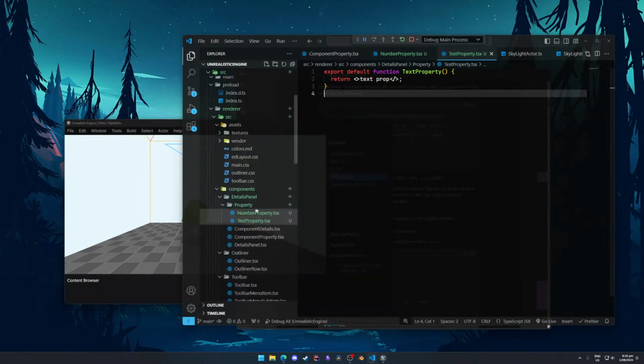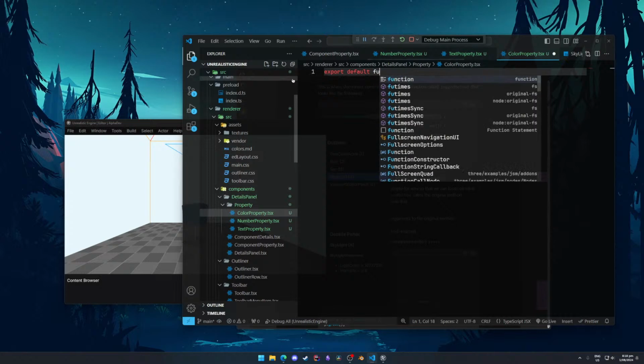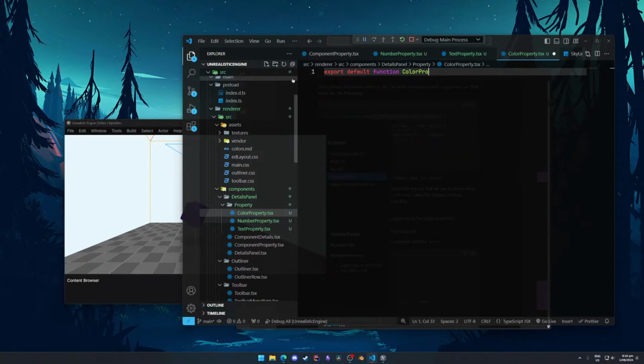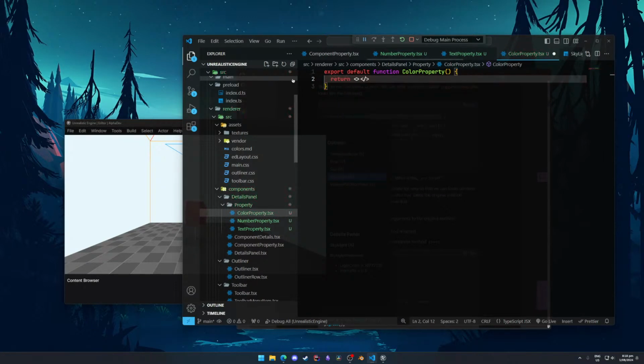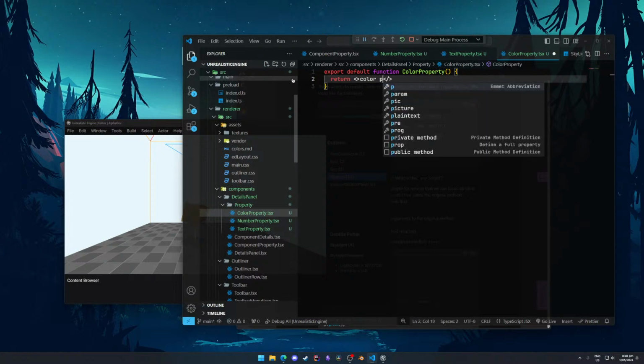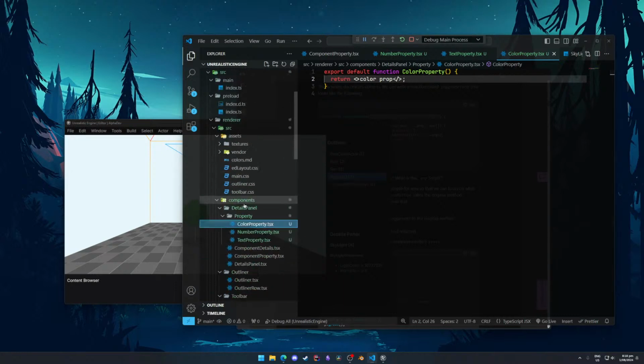Color, maybe. Okay. So somewhere in the editor,